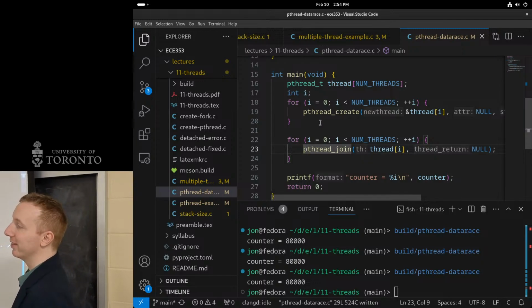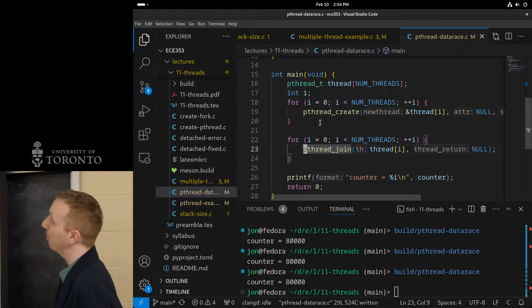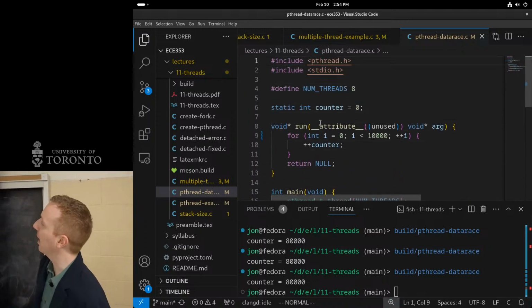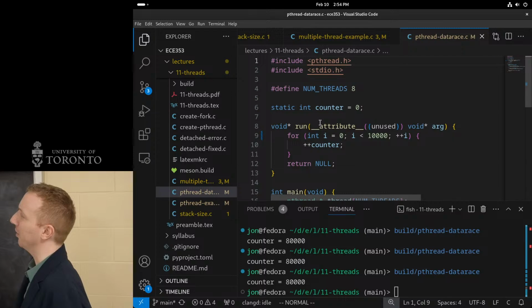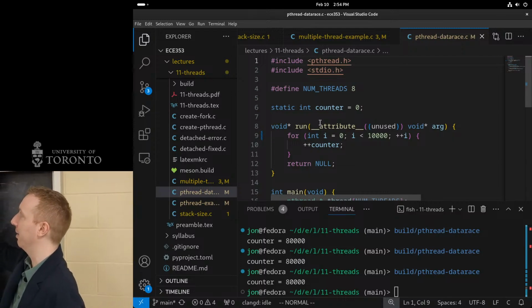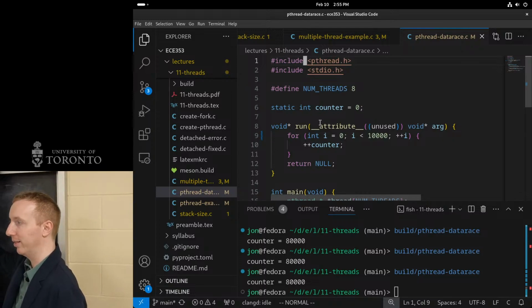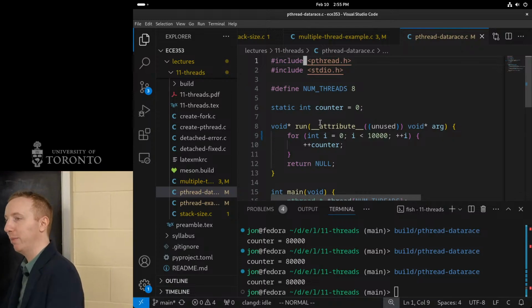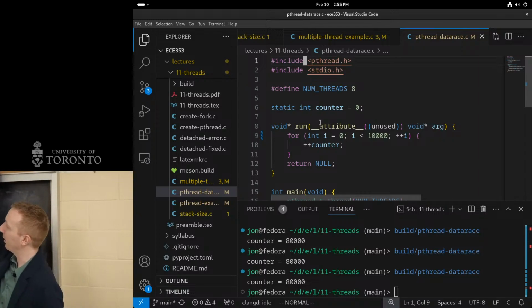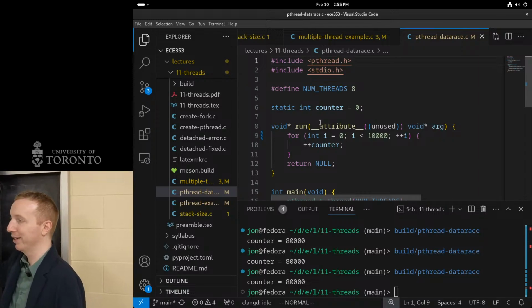Yeah? You could increment 8 separate counters? Add them up again. Yeah, so I could add up 8 separate counters and add them all up at the end. One way I could do that is, I could create an array and make sure that each thread accesses a single element of that array, have it increment it, and then have the main thread do it all at the end. Or I could leverage the fact that it returns a pointer to something, and I can go ahead and in here, instead of counter,